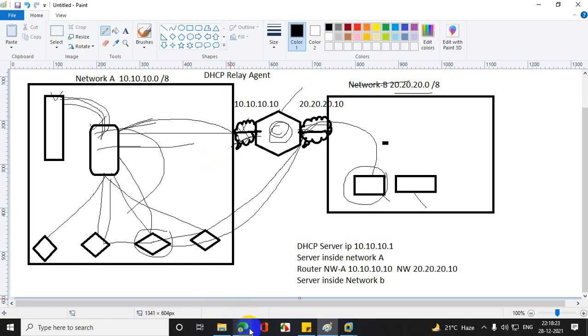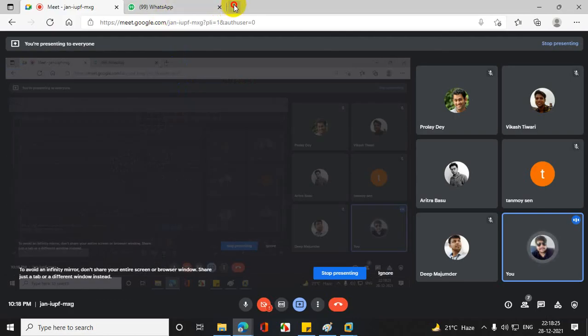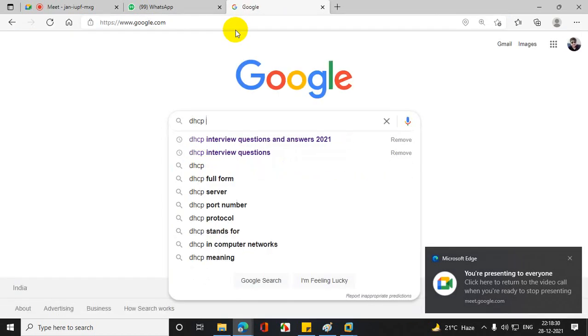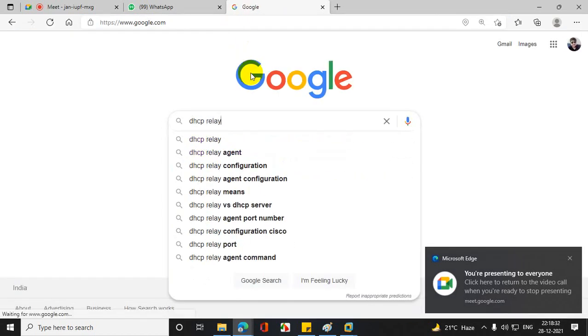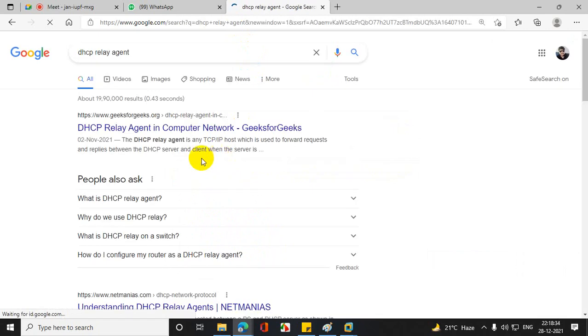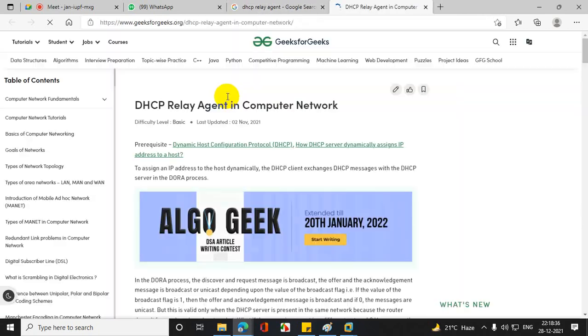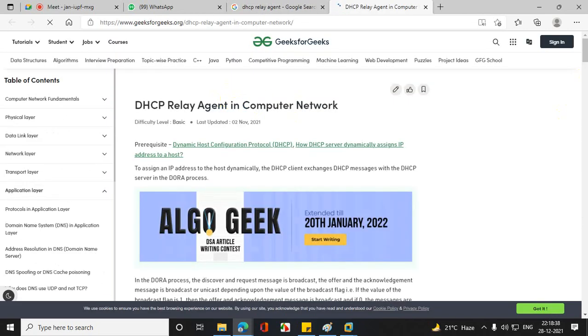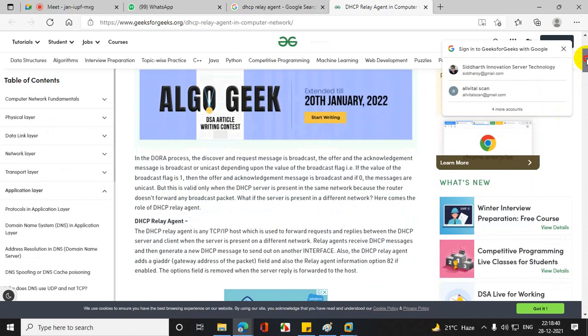You'll get more notes over there if you go to Google and search DHCP relay agent. First of all, understand the theory part. So basically, what is a relay agent?